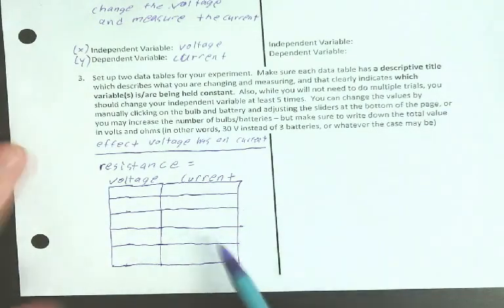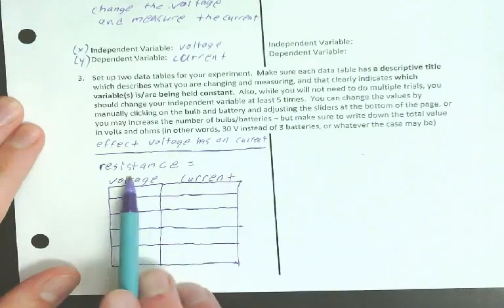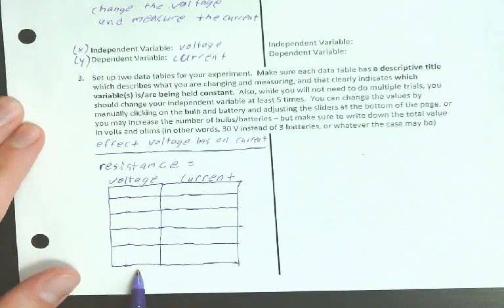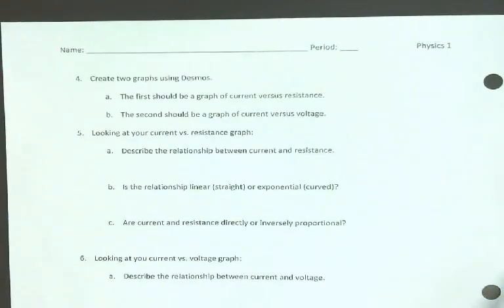So this is what your chart would look like. So title, what the constant value is, a column for your independent variable, and a column for your dependent variable. Once you've got that, you'll go onto the back and you'll start the graphing and answer those questions. When you're ready to do the graphing,